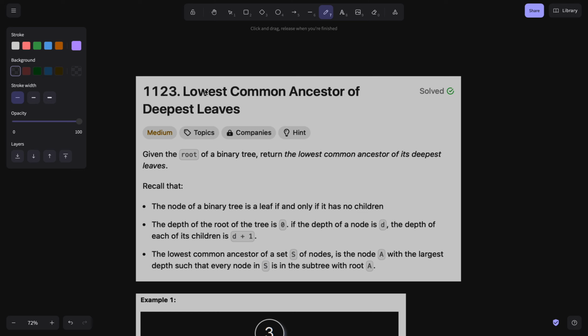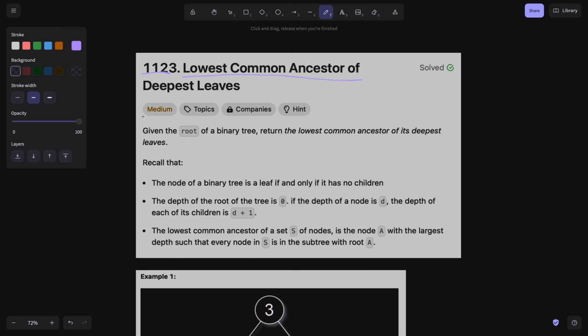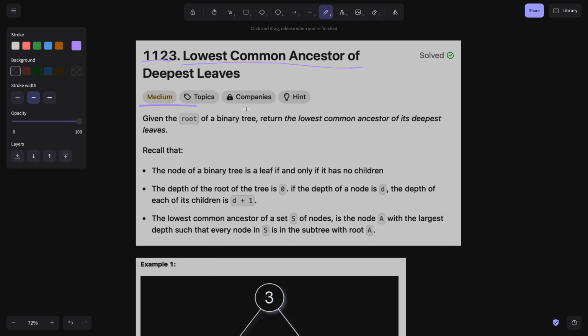We'll be solving LeetCode question number 1123. The question name is the Lowest Common Ancestor of the Deepest Leaves. It's a medium level question on LeetCode. The question says that